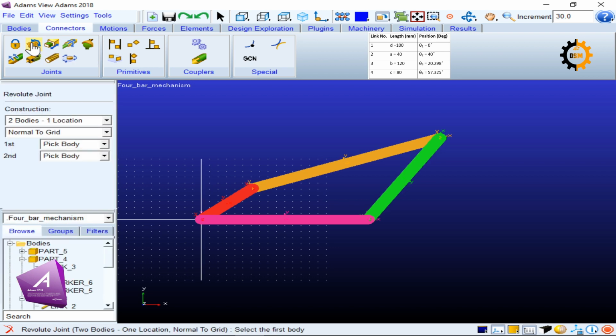I click a Revolute joint. If I double click Revolute joint, it will stay active until I complete all the joints. So it's a good way to do that. So if I double click it, it will keep on adding joints to different bodies until I escape. So I will use my first body. This is part 2. Remember not to select the ground, which is the screen. So part 2 is selected, then I select part 3, and then I click at the bottom at the common